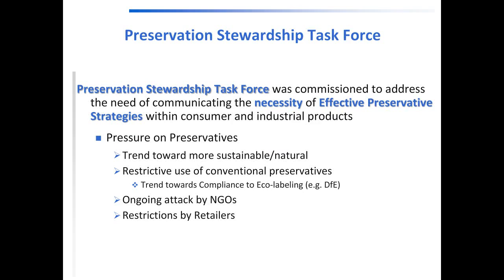I'm going to move on to the Preservation Stewardship Task Force. This particular task force was commissioned to address the need of communicating the necessity of effective preservation strategies within consumer and industrial products. And the need was really driven by